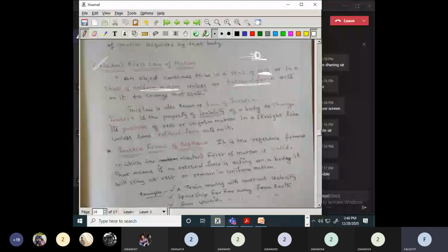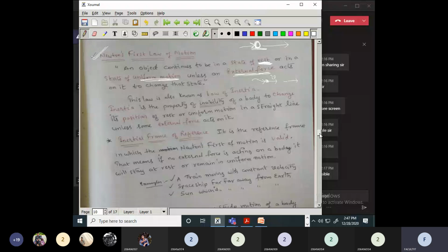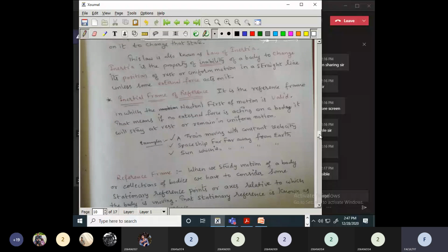If an object is moving with some velocity v, it will continue with the same velocity. If you apply some external force, then you will have a change here and it will move either fast or slow. The same thing here: if a particle or an object is at rest, it will remain at rest, and if it is moving with uniform motion, it will continue in that state. Only if there is a force acting on it will there be a change in that particular state. So that was explained in Newton's first law, and Newton's first law can also be stated as